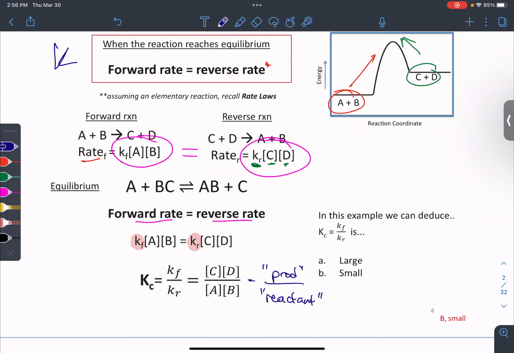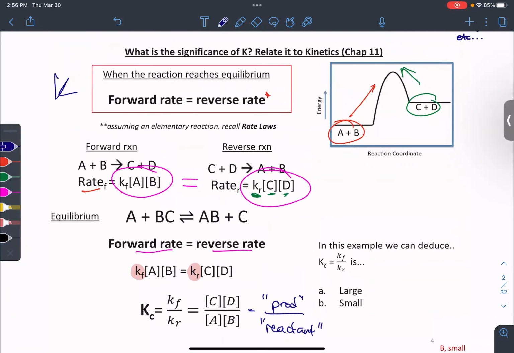So your equilibrium constant, big K, is actually the ratio of your rate constants of your forward and reverse reactions. That's what it is. So these two chapters, though they may seem like they're different, they're actually not. That K, our equilibrium constant, is related to our rate constants and therefore related to concentrations of products over reactants. I will say we will care more about this expression, products over reactants, than the rate constant part, but we'll come back to that. I'll bring that back here.